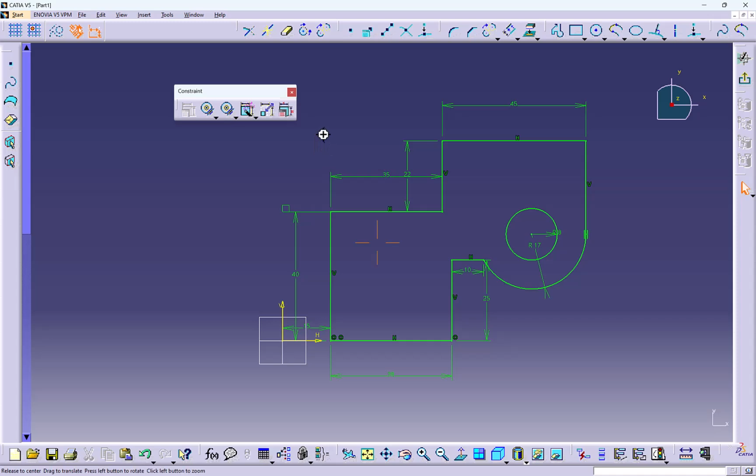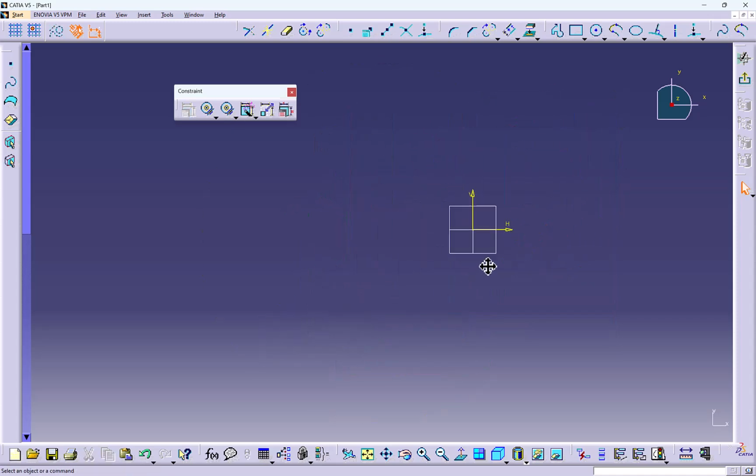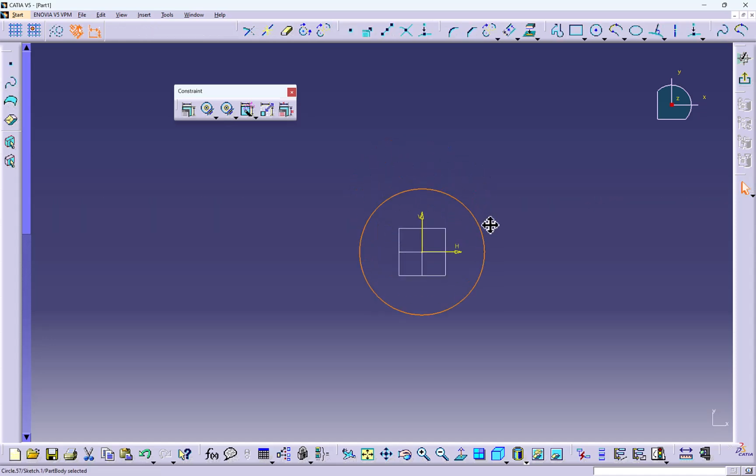Now we'll see one more thing called animated dimensions. If you're making anything animated, or you want to make some mechanism and run it in 2D, we can do that with the help of animate dimension. Let me create a simple object here. I'm making one simple piston and cylinder arrangement. So I'll make one circle here and specify the dimension of